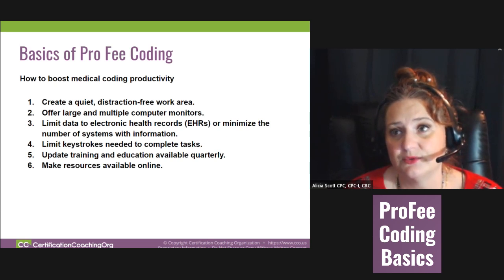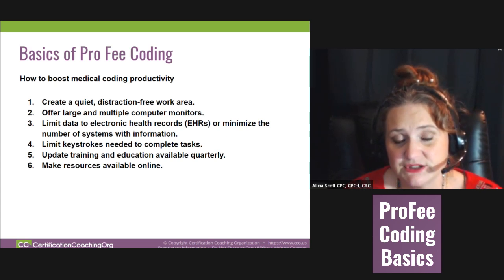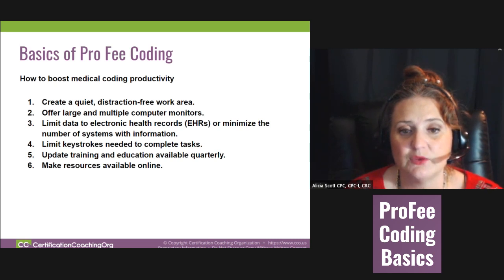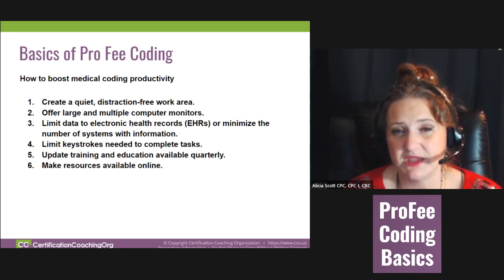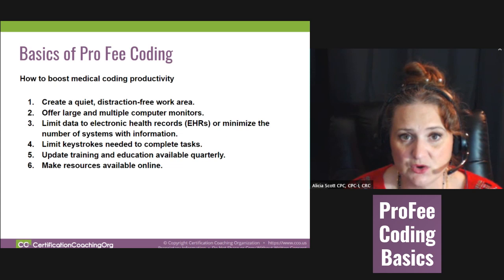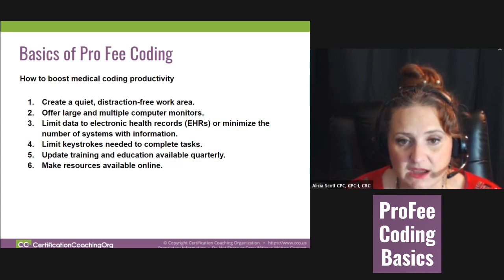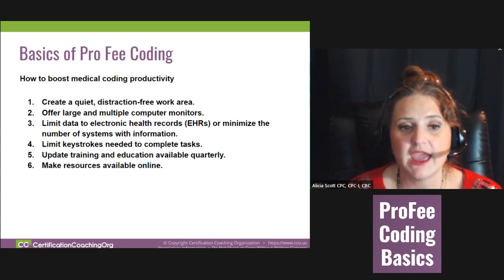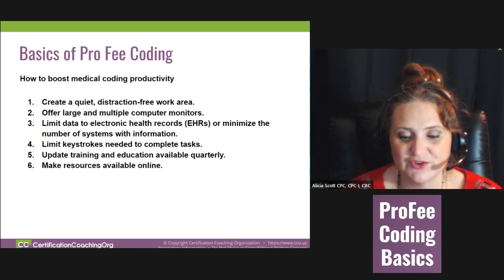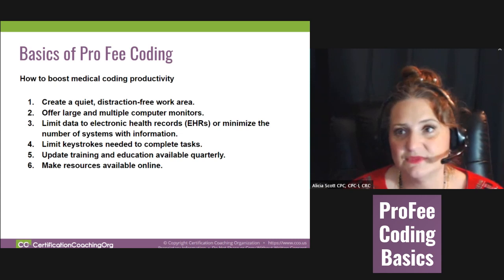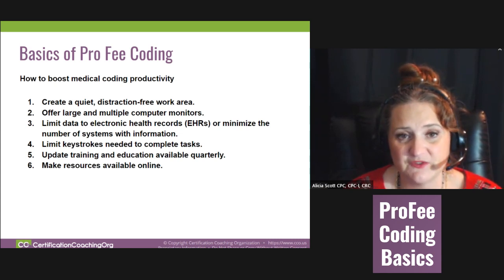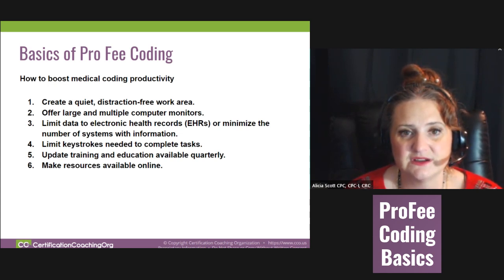So production is important. You want to be fast, but even better, you want to be accurate. You will be slow in the beginning, but every week you'll get faster, especially if you're working with the same doctors. Unlike risk adjustment, you're never going to see or talk to these providers, and their documentation will always be different. They'll be all over the United States. So it's from scratch every time.